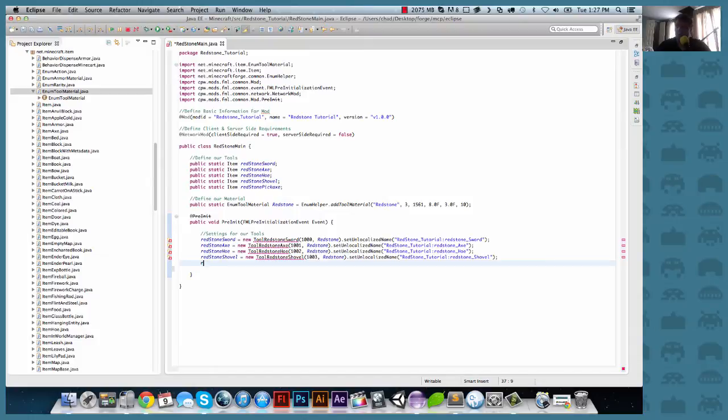Okay, last one, we got to do the redstone pickaxe. So redstone pickaxe is equal to new tool redstone shovel. All